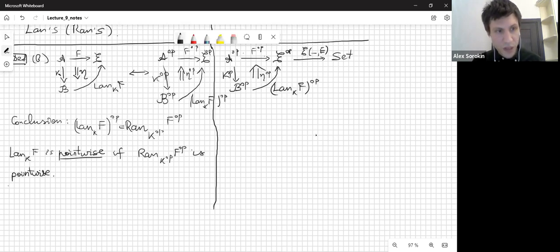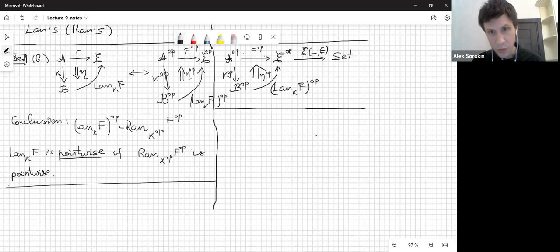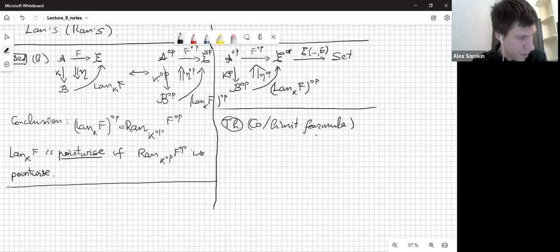Now, in order to answer the question about limits and colimits, I will state a theorem, which is called the colimit formula for Kan extensions. So limit and colimit formula. It has, as usual, two parts for left and right. So part A,